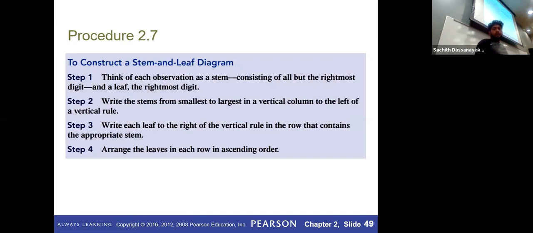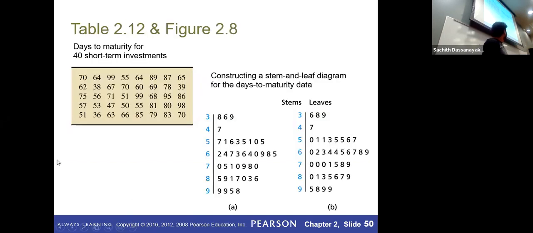Okay, let's check this example here. You have numbers starting from 36, going up to 99. So this is how we deal with this. Since we have numbers less than 100, there are only two digits, right? So the first part we can separate, like 30, 40, 50, 60, 70, 80, 90, something like that.